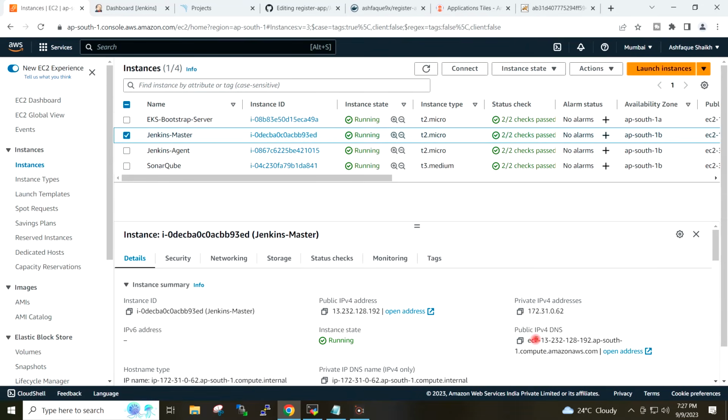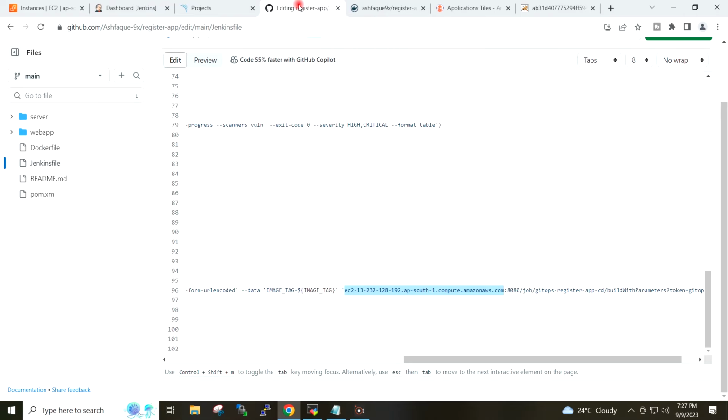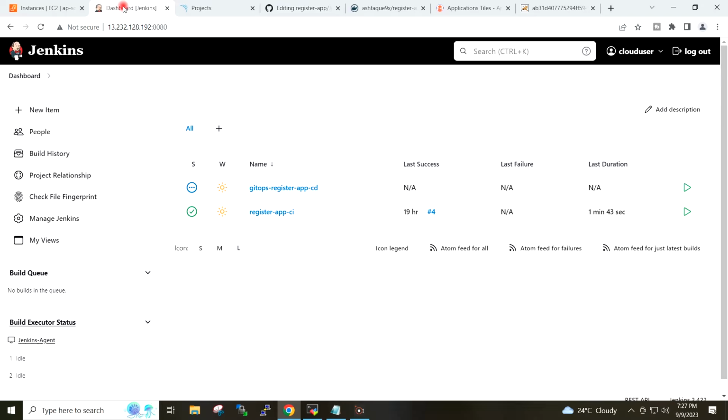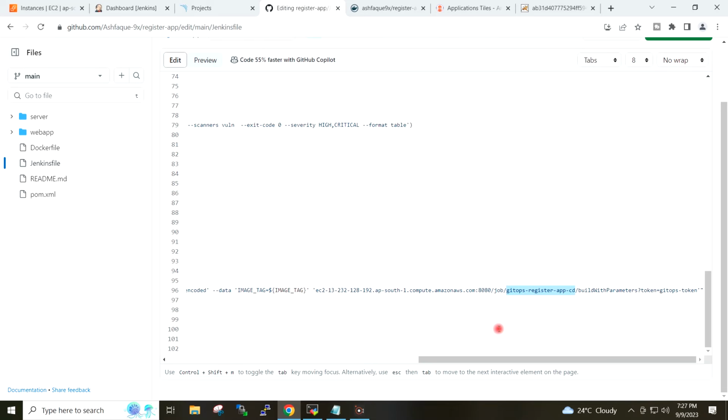So this name, DNS name for our Jenkins master node, and this is the CD job which we have just created, and this is the token which we have just provided in the Jenkins job.